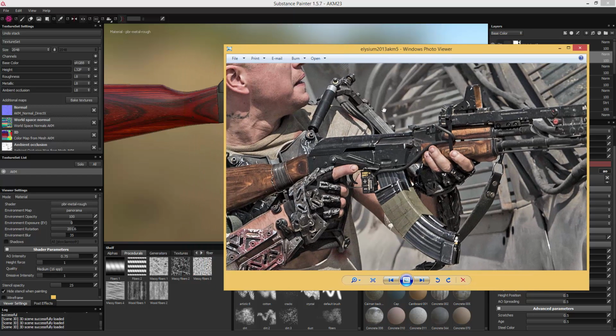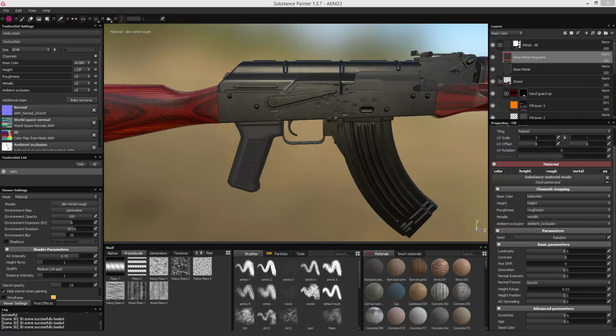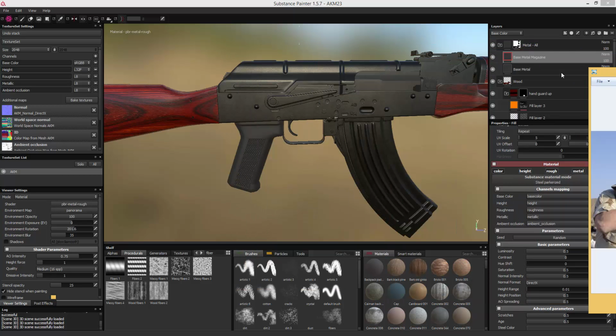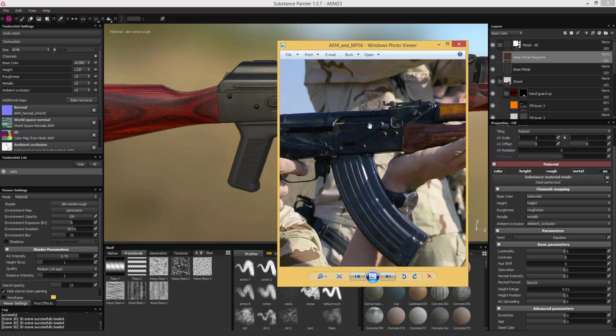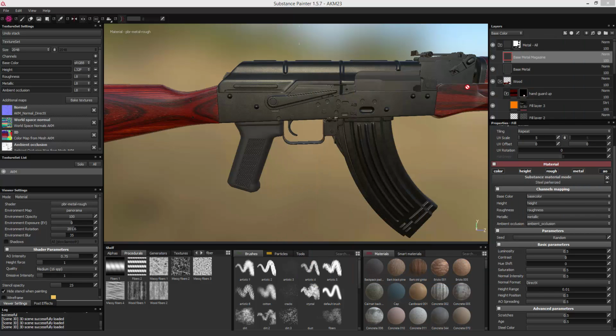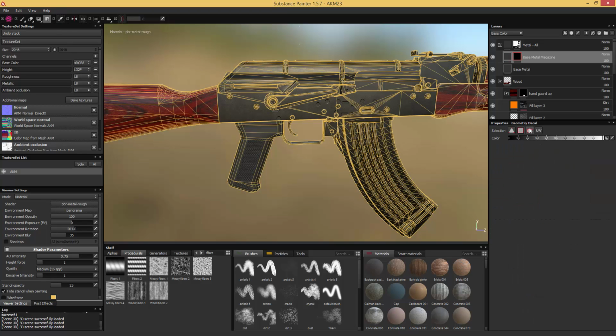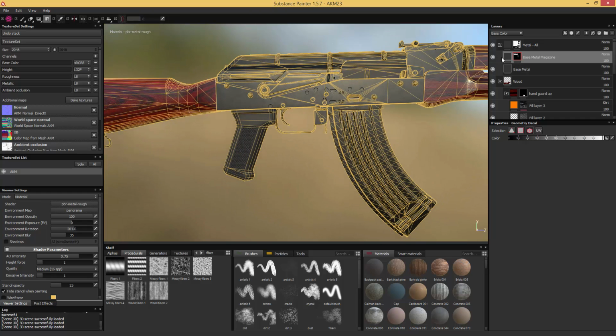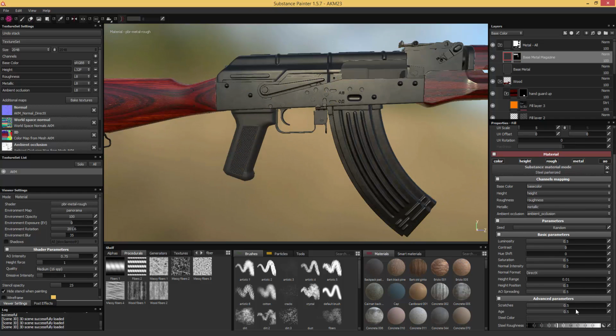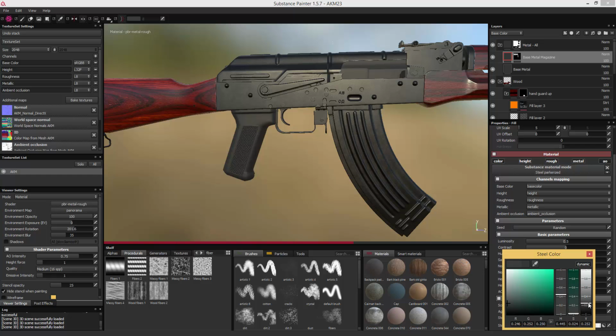Not only here in that movie, but also on actual references like this one here. And I just want to add a mask to it here. Select the magazine